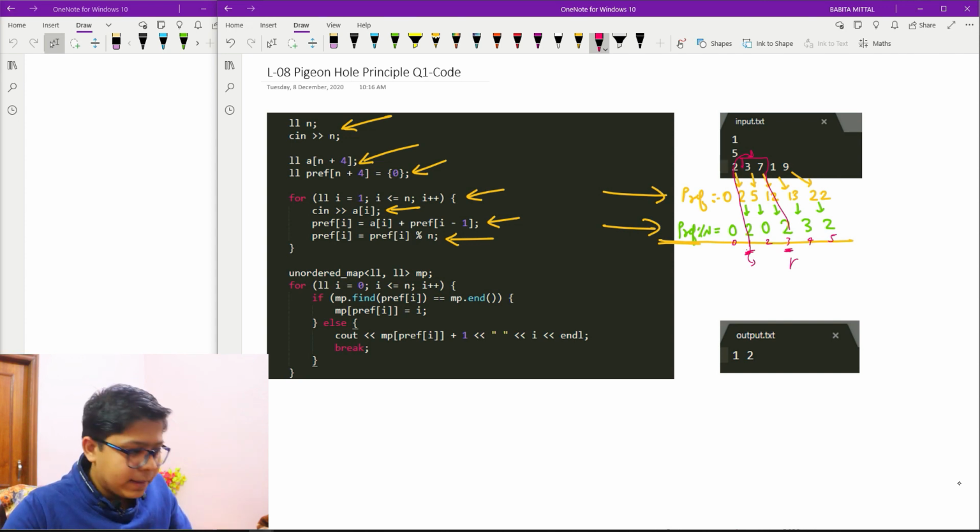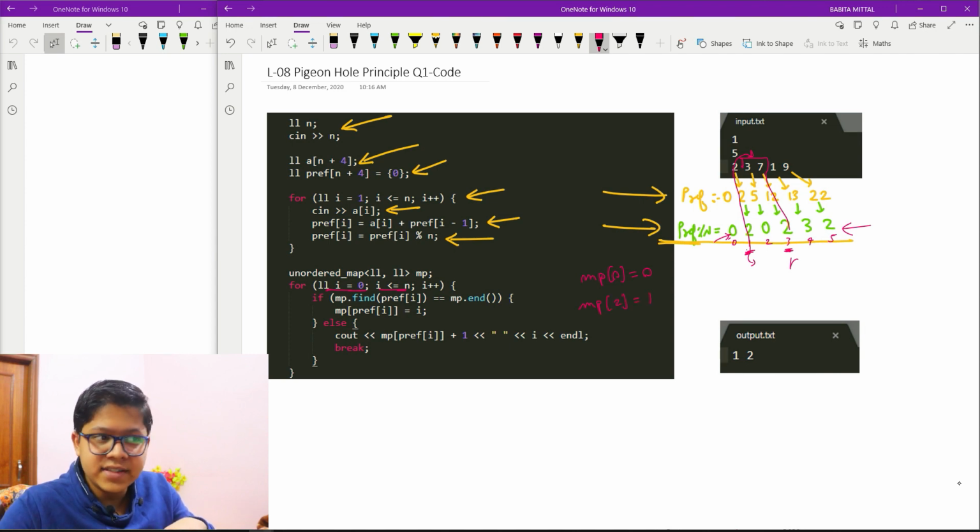So at every stage I will keep the index of this value. As you can clearly see, I am moving from 0 to n, which means from this element to the last element. I will check, okay, if the value 0 is in my map. If it is not, I will mark my MP of 0 as 0 because I have obtained it as 0. Next, I will move to the next element, which is 2. Is it in my map? No. So MP of 2 is nothing but 1, its index. Now I will move to the next element, which is 0. MP of 0. Oh, 0 is already in my map.